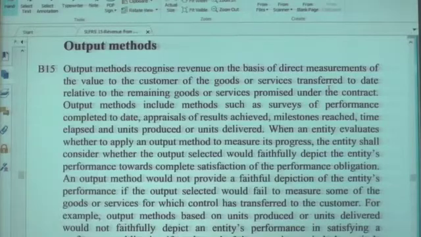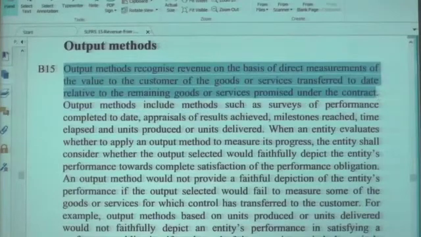Is that clear? If you take the Colombo Kandy highway, say they have to complete 100 miles. Out of this 100 miles, assume at the end of the period they have completed 35 miles. Therefore, they can say they have completed 35% of the project. Based on that percentage, you can recognize the revenue and the cost. That is the output method. You will calculate the percentage based on the goods and services already transferred to the customer out of the total goods and services you agreed to transfer. That is the output method.